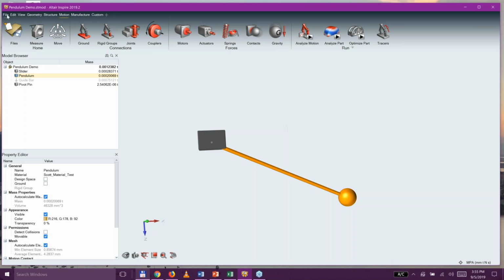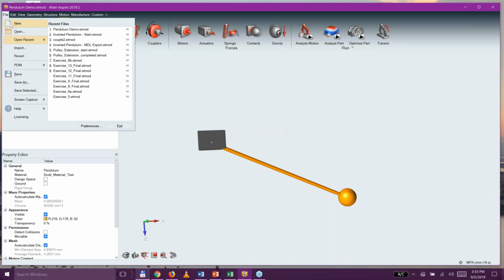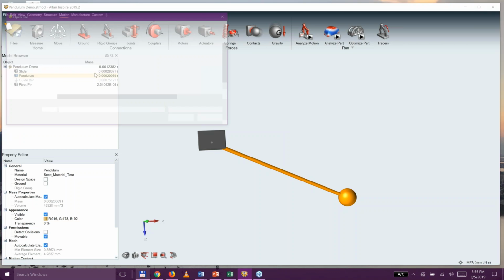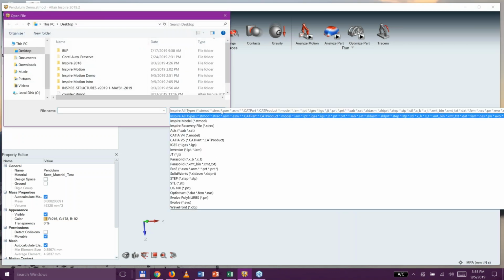And then all you need to do is come in here to File, Open, and open it. And you'll see we support all of these different CAD files in their native format, or you